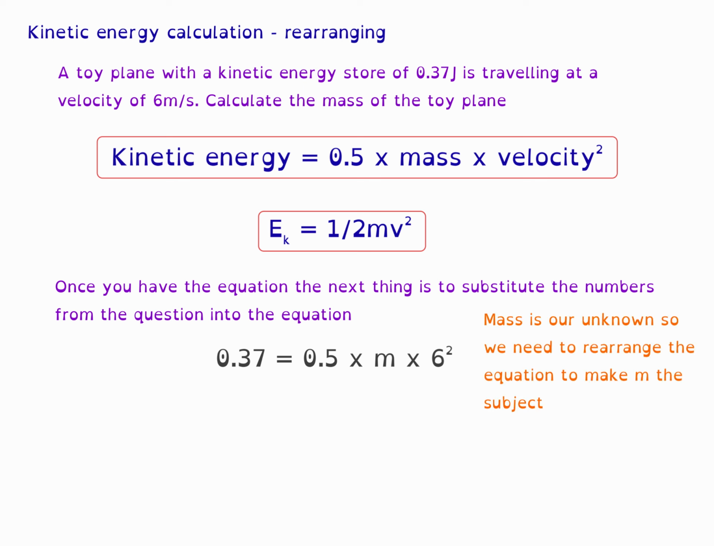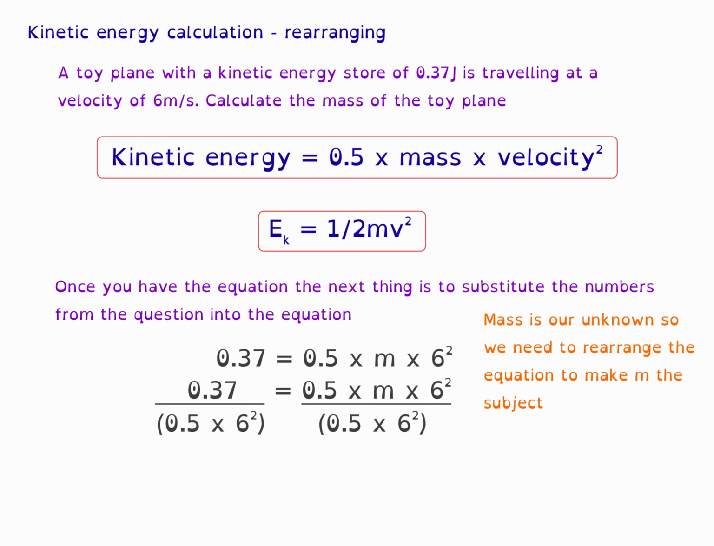Now our mass is our unknown, so we need to rearrange the equation to make mass the subject. And to do that, we need to divide through by 0.5 and by 6 squared. When we've done that, we can cancel, and that gives us 0.37 divided by bracket 0.5 times 6 squared bracket. And that will give us our answer, which is m, and our calculators will tell us that this is 0.02